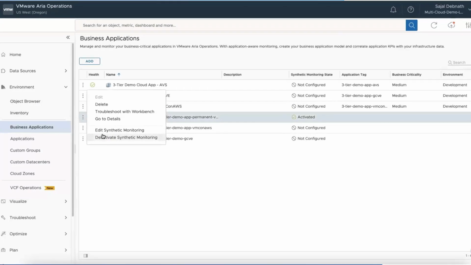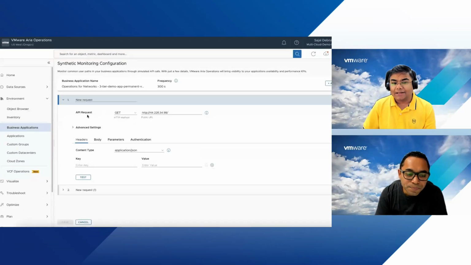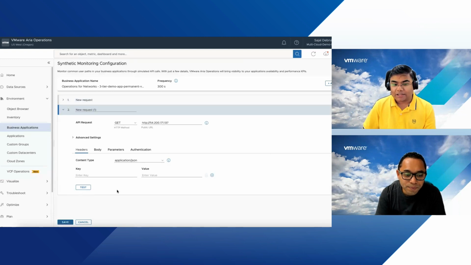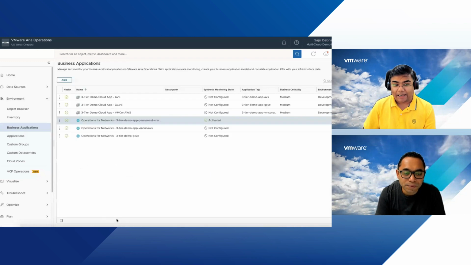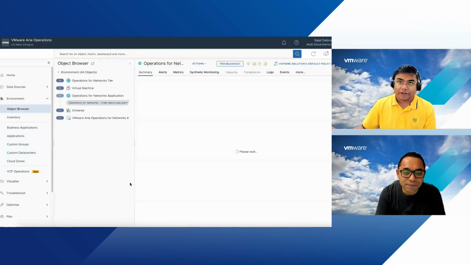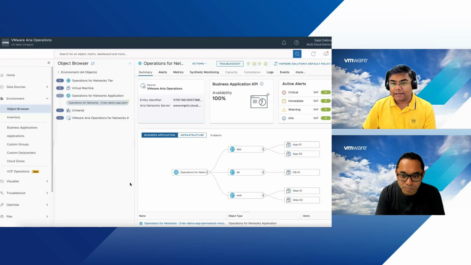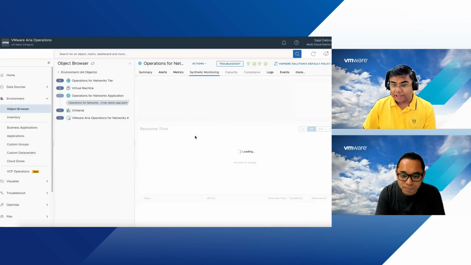I said synthetic monitoring, and I just said, okay, make this API request, and this is a GET, and this is the URL. And then the second one was: make this request. So if this returns something, you can define all of that. I can say this is good, this is bad. So I am just, without touching the VMs, without touching anything,